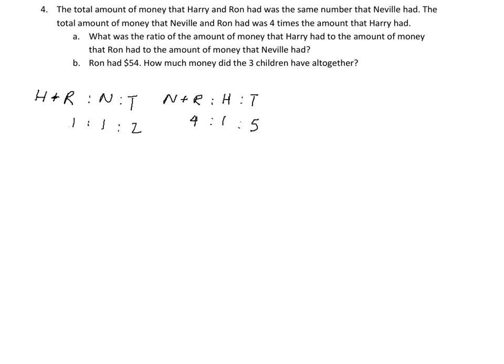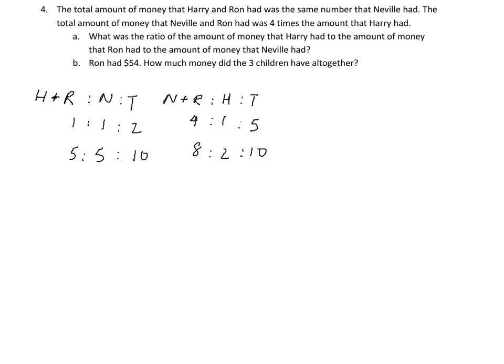So I got 10. I know that this is 5. This is 5. This is 10. This is 8. Anyone has any problem so far? Agree? Okay, now I want to find out what was the ratio of the amount of money that Harry had